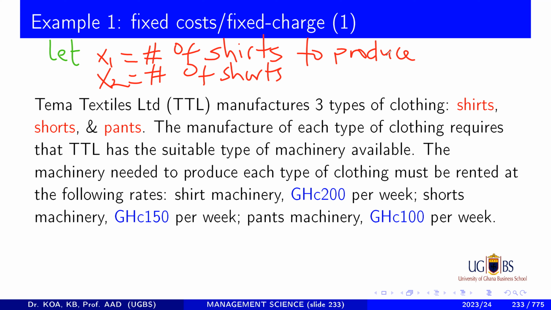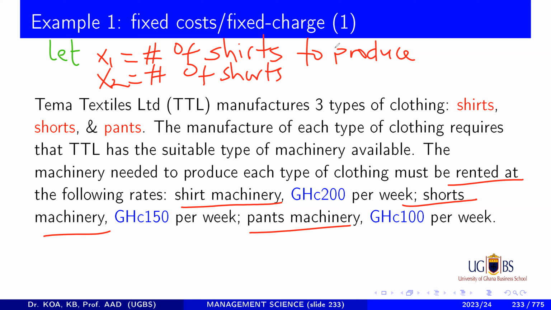And then there is another thing. Apart from this, watch it. Shirt machinery, you need it. It's got to be rented. Short machinery, you need it. It's got to be rented. Pant machinery, you need it too, and you got to rent that one as well. So all of these, you need them. But here is a clue. If X1, X2, X3 represent the number of shirts, shorts, pants, then